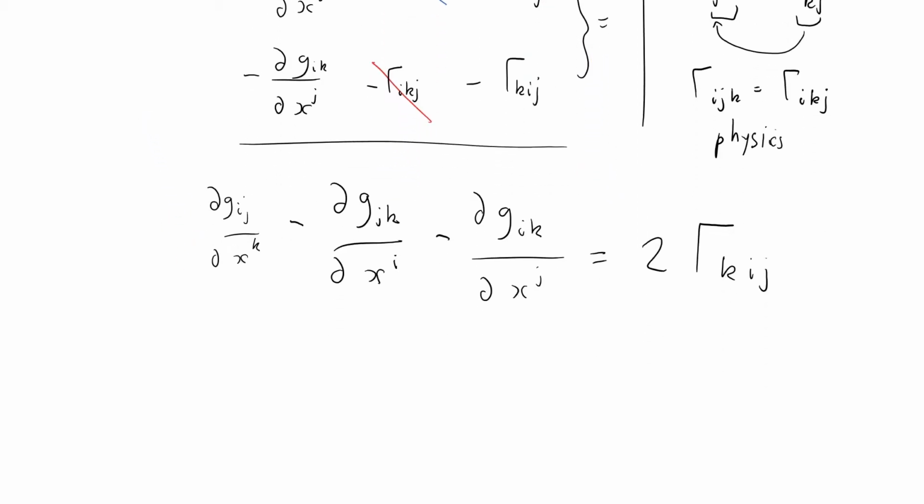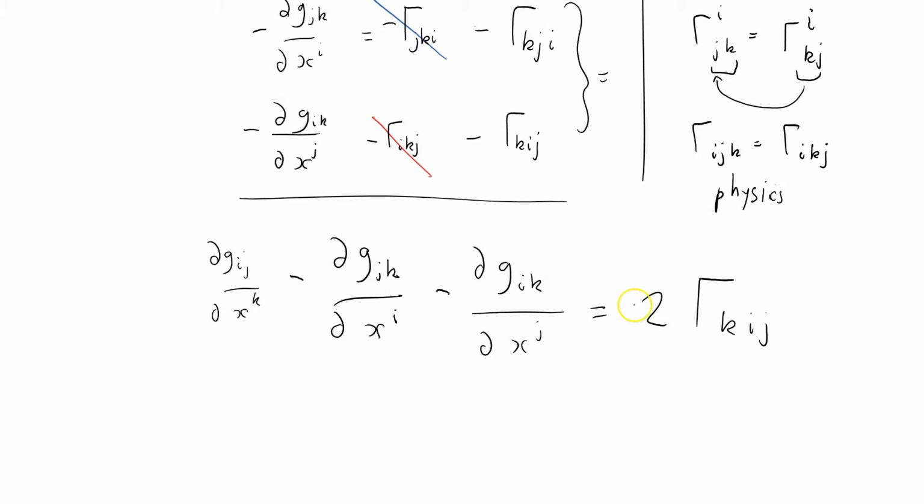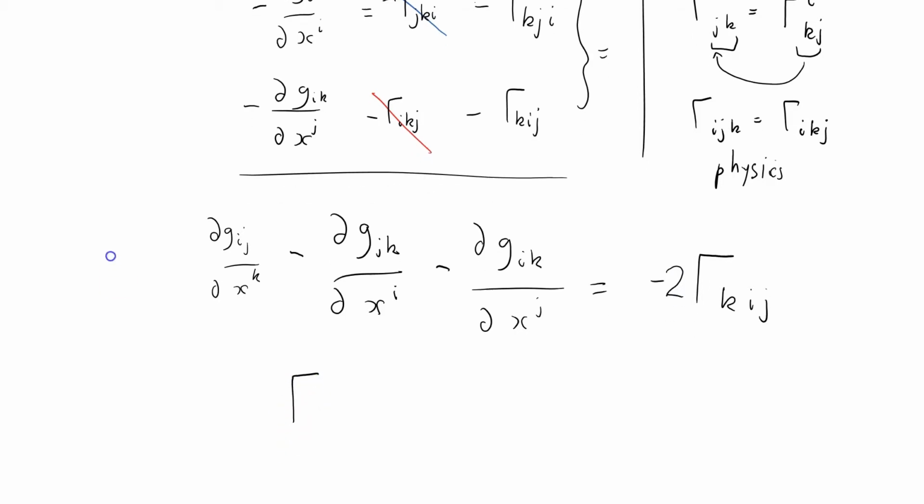So that's nice. Oh, no, minus 2. Minus 2. It's easy to get these signs wrong. Minus 2 times gamma kij. So that tells me that gamma kij